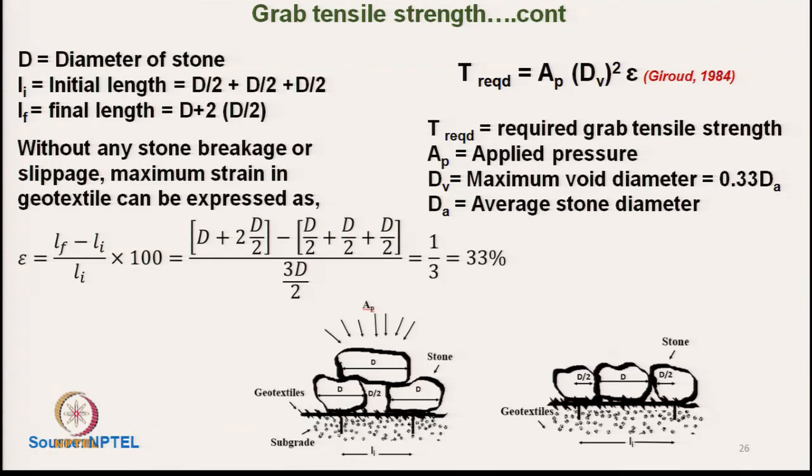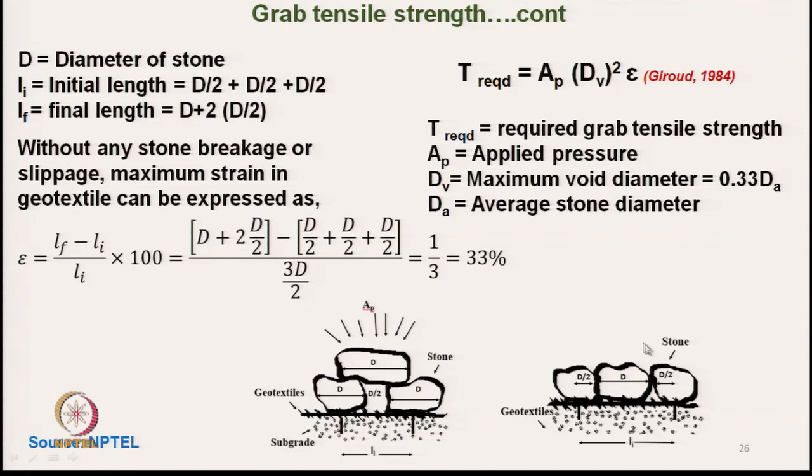Now, the assumption here is that the stones are spread at equidistance. So, the distance between these stones is half of the average diameter, so d by 2. So, the initial grip length will be, this is d by 2 plus d by 2, these 2 points are grip points. So, the total initial length will be 3 by 2 d, and the final length will be when this